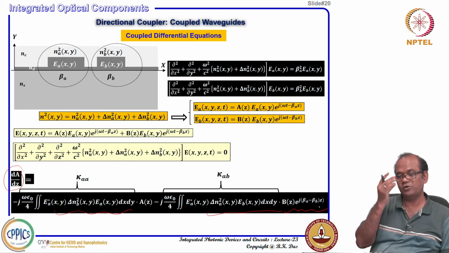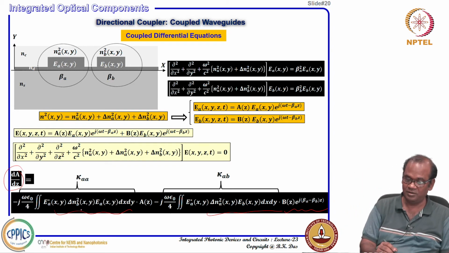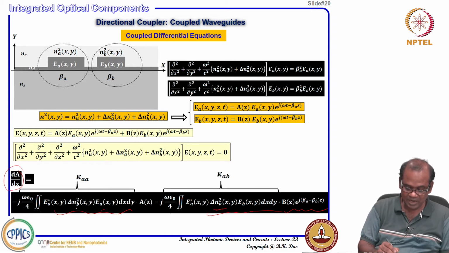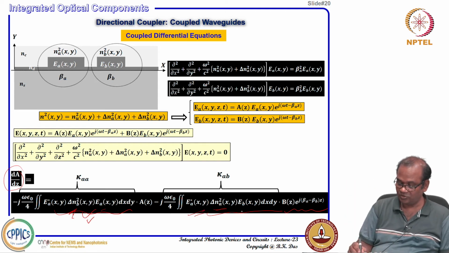Now, you know in the case of the coupled mode equation for a single waveguide you have defined kappa, right. So here also we can define a kappa, but there are two different types of kappa. You see E a E b in between delta n a square, E a in between delta n b square. That means it is a scattering of mode A because of the presence of the second waveguide. This is what it means. Scattering of waveguide A because of the presence of second waveguide delta n b square, and this is actually scattering of B,